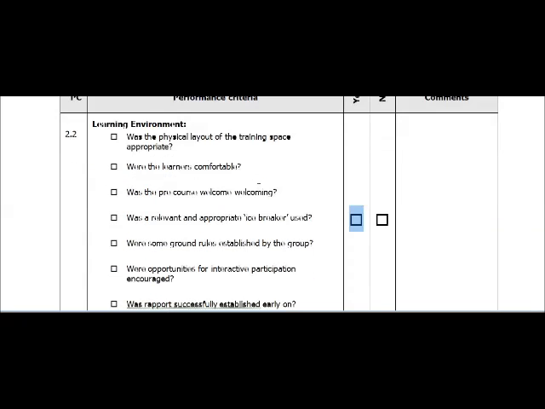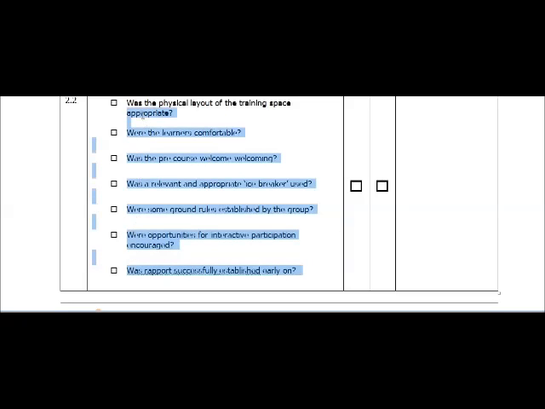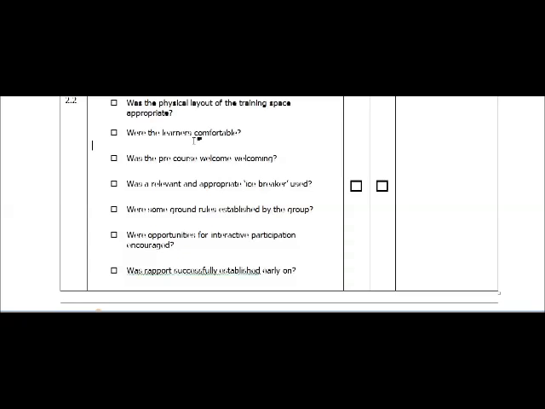over here. Okay. So it's a really good idea for you to make sure that you familiarize yourself with all of these things, because unless you actually deliver them during your training session, then your observer is not going to be able to tick you off on them. So you need to make sure that you take some time to think about how you're going to make your learners comfortable, how you're going to lay out your training space, how you're going to welcome them,